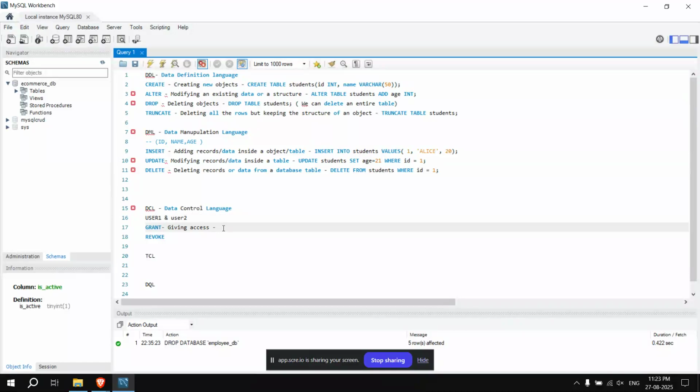Then we'll use a simple query like this: grant select on student to user one, semicolon.